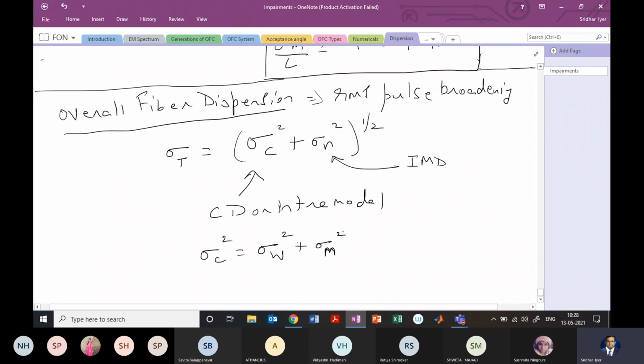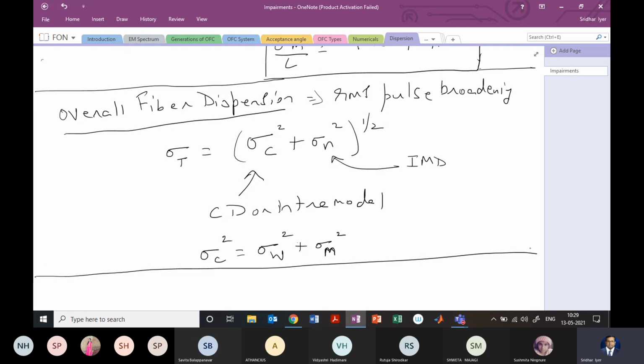Since it is RMS pulse broadening, we always find the square and then we find the square root, right? That's how we find the half wave, the half signal value, or the half bandwidth. We'll look at this factor a little later when solving some questions. So let us now look at this dispersion shifting, right? What this exactly means and what we are trying to get here.